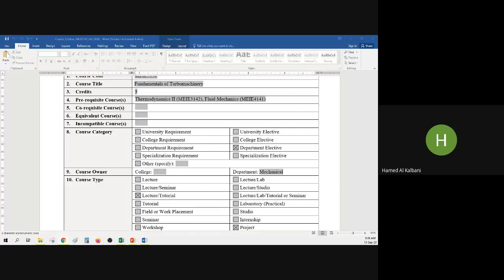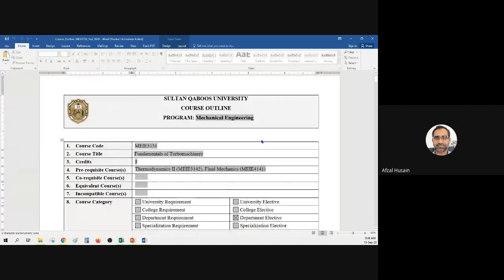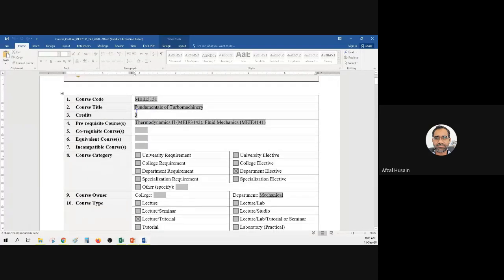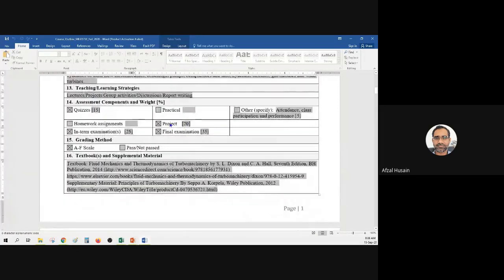Okay. So here we have the course outline for our course, and the prerequisite, because you already registered this course. So here we have the distribution of marks,